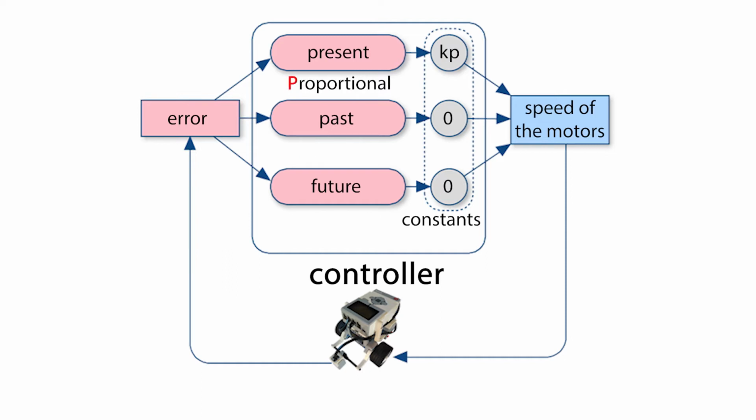The proportional line follower works this way. If the robot detects a reflected light intensity greater than 50%, it will apply more power to the right motor. If the value is lesser, it will apply more power to the left motor. This way, the robot will try to follow the line between the black and white colors.